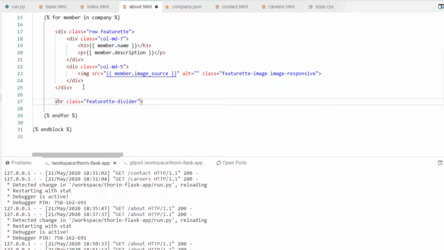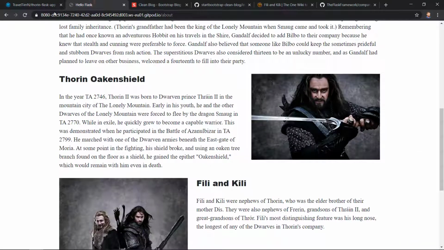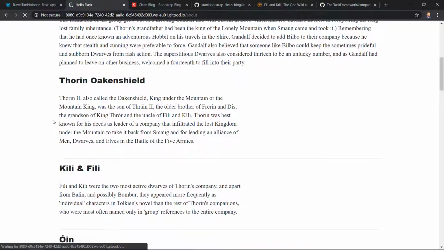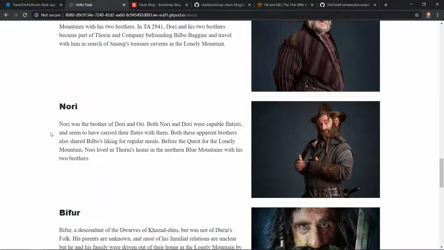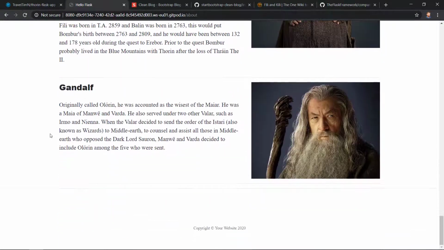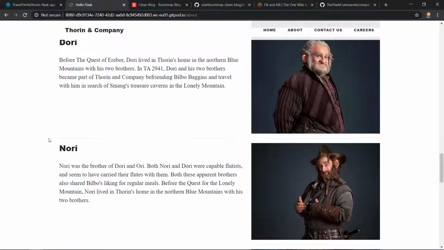Our for loop is going to iterate through all of the data in our company.json file down to the end for and inject the HTML and variables that we've set within the loop. Let's save everything and reload the live preview page to see what we get. We now have all of the names, biographical information, and images that are within the JSON file. That's great. It's working exactly as we wanted it to, all the way down to Gandalf at the very end.